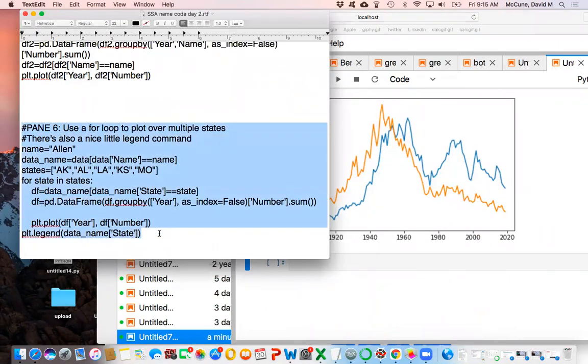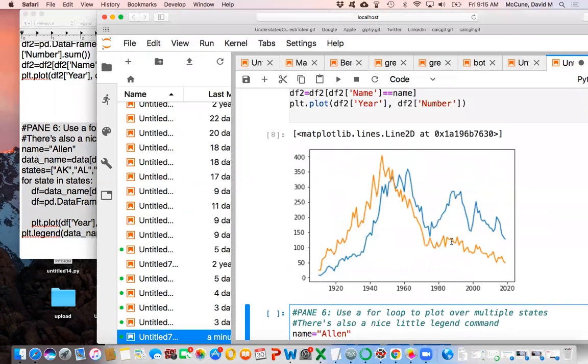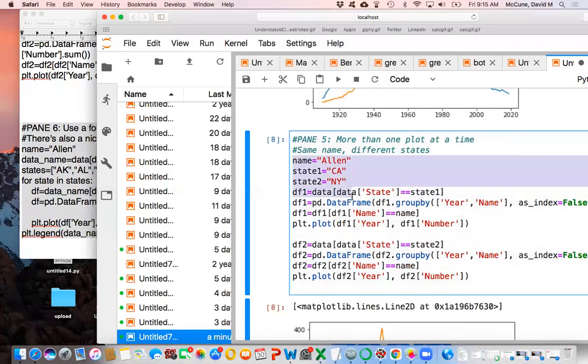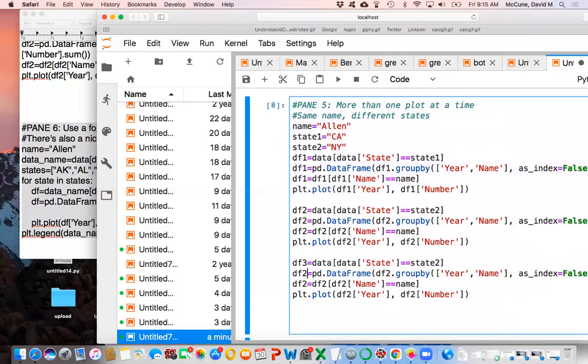Okay, so suppose you want to plot over 5 states. If you want to do that, you of course could do this, like what I have here. Like you could just keep copying and pasting. So like, okay, here I'll copy and paste, and now I have DF3. Like I'm already getting bored doing this, to be honest with you. But you see what I'm doing here, you know, you could do this and then have another state here. You know, this could be Ohio or something, and then you could copy and paste that and so on.